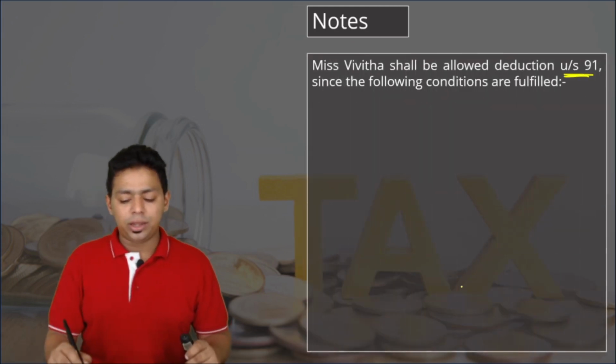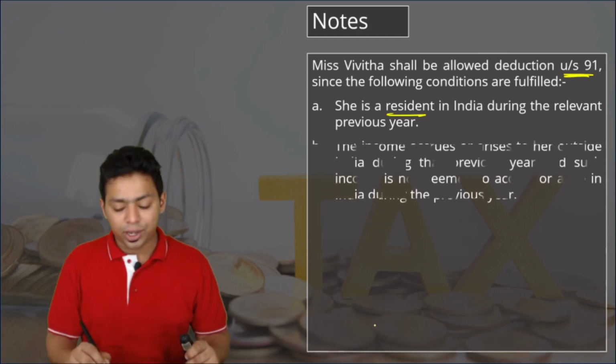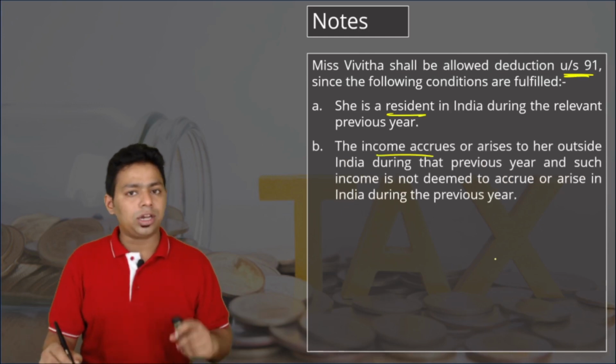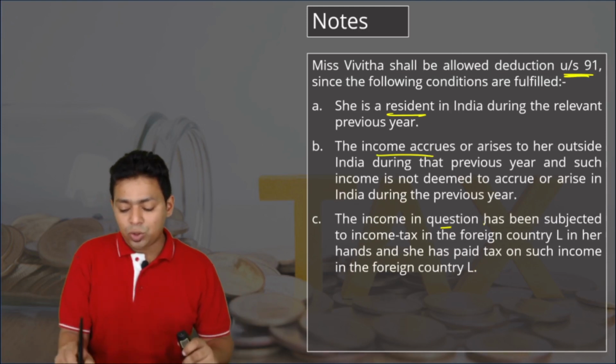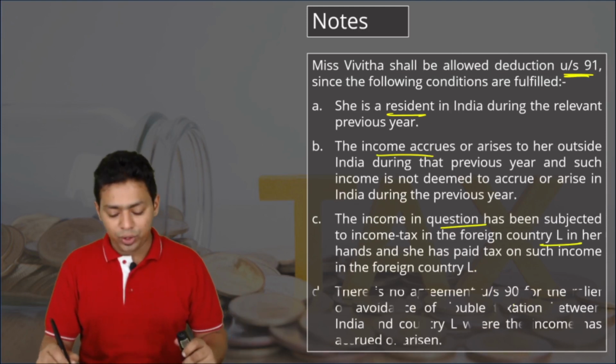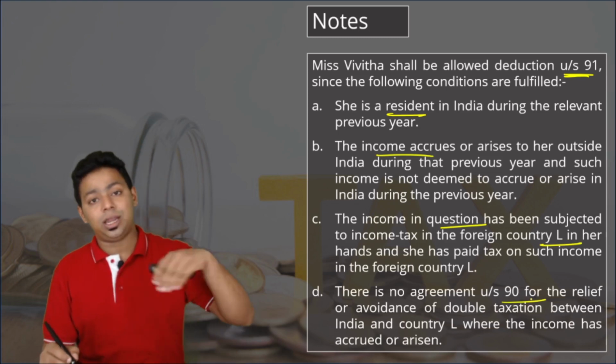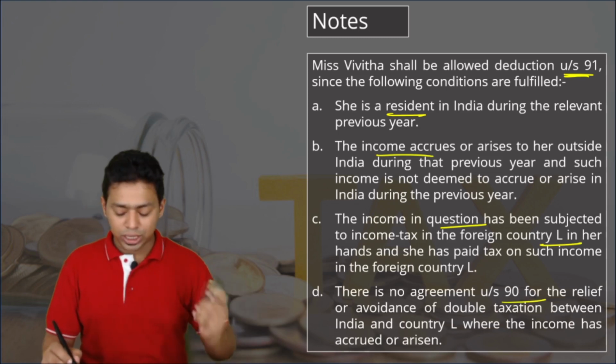Again, notes we have to write that she should be a resident of India. She should have income accrued outside India which is not deemed to be accrued in India. India should not have any DTAA with that particular country, and the assessee is subject to pay tax outside India. So all those conditions have to be